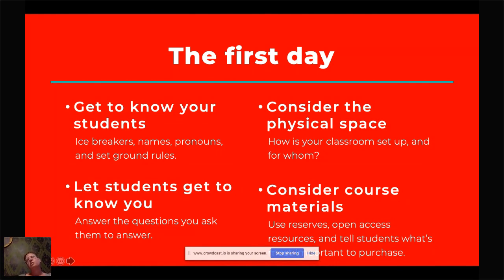So one way to signal that you're inclusive of people who cannot necessarily purchase materials is first to use open access resources, so students aren't required to buy anything at all. If you want them to purchase and read books, make sure to use the reserve system at the library so that students who can't afford to buy the book can still access it. I learned this semester that most of my students don't understand what course reserves mean, so that's something you need to articulate to the class.